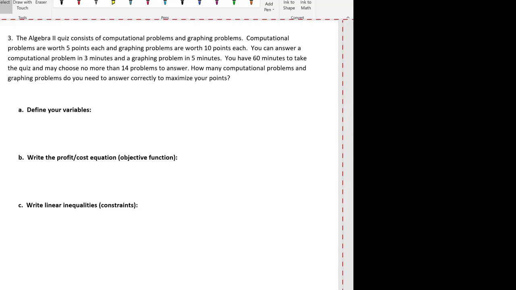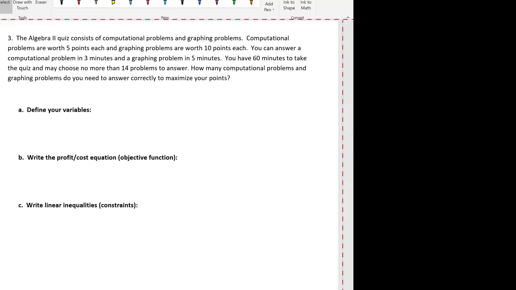Video, I mentioned in the directions if you wanted to see me work through one. This is on page 28 in your note packet. So number 3, this problem is consisting of quiz problems. So at the top here it says the Algebra 2 quiz